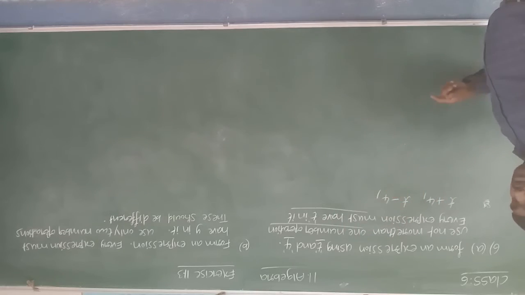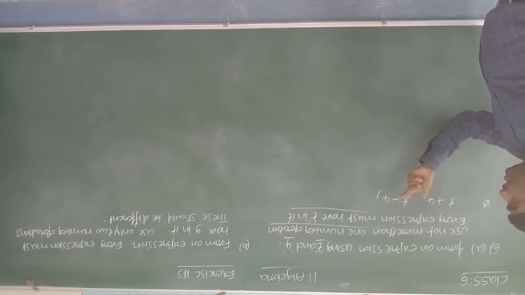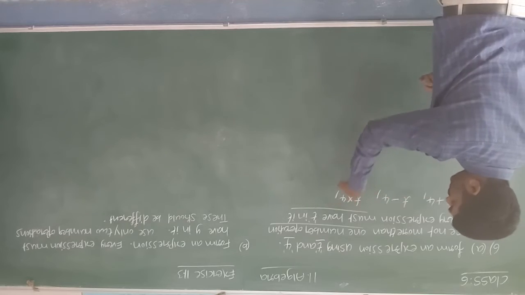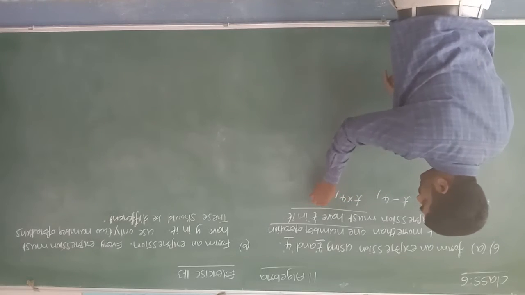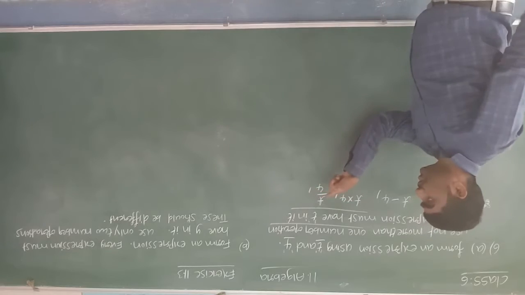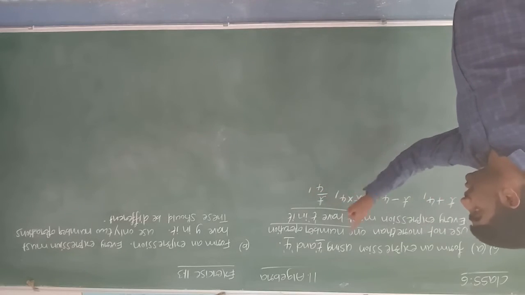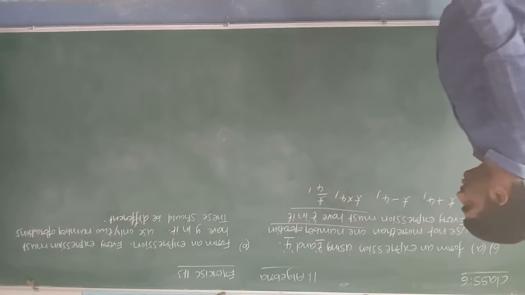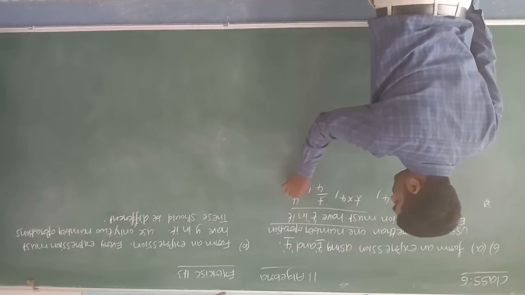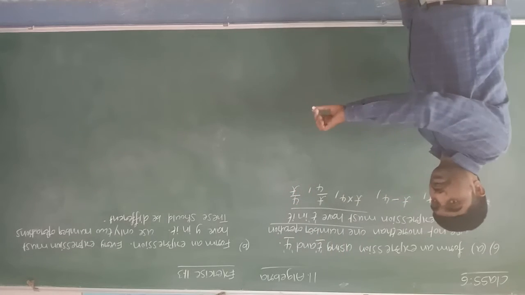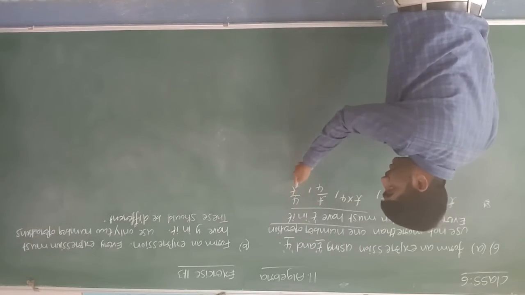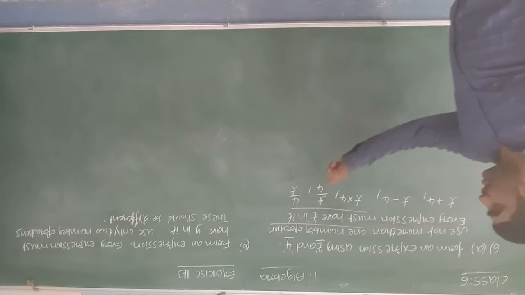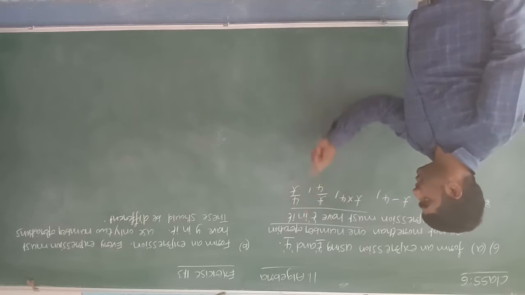Let me take one more: t minus 4. Only one operation, and t is there in that. We can take t into 4, one operation, t is there. We can write t by 4. We took only one operation, division, which contains t, and it is formed by only 2, which are t and 4. Let me take 4 by t. 4 by t is also an expression formed by only one operation which also contains t, and we took only 2 numbers there. One is 4, a constant, and one is t, the variable.